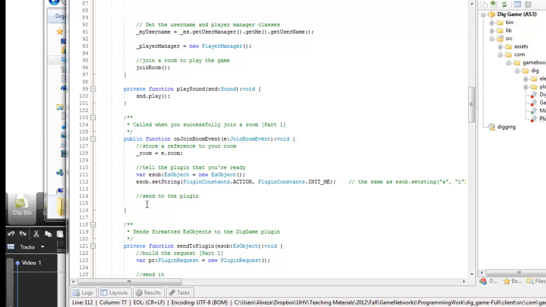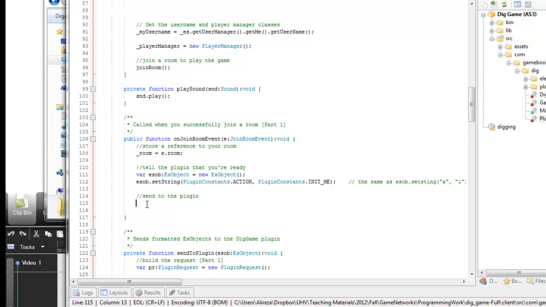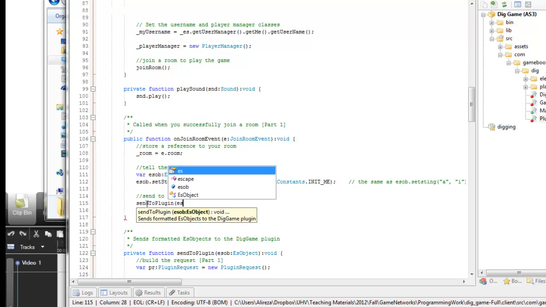So this will initialize my plugin. The Electroserver object is going to be passed to it, and then we send to plugin my Electroserver object